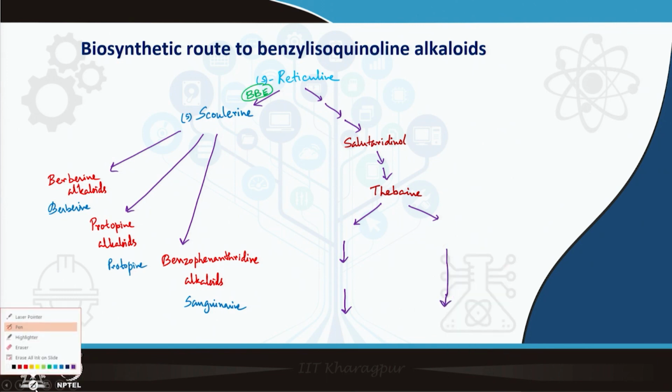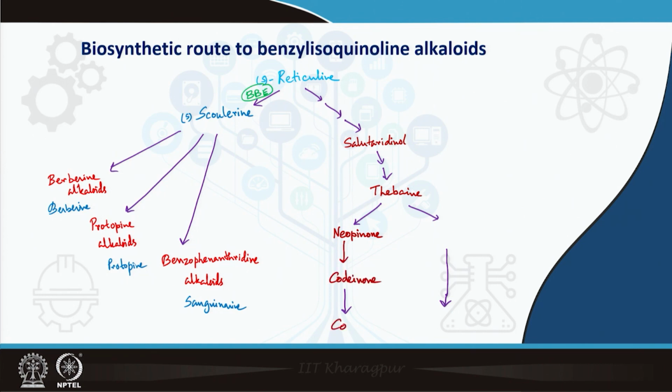Okay. So, the thebaine one is neopinone, then codeinone, then codeine and then morphine,